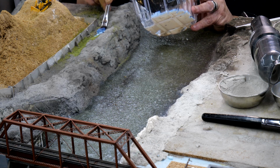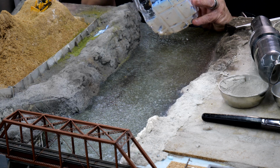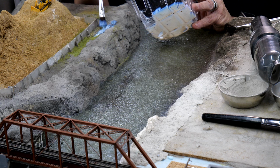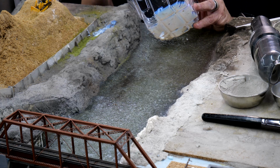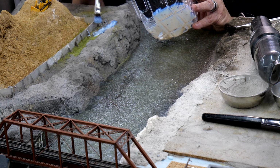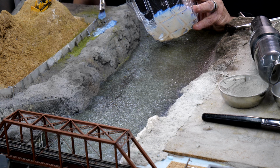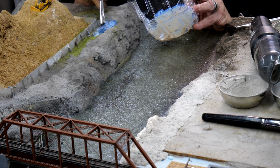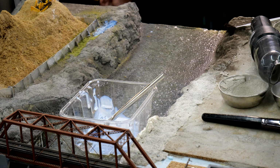Here we go again. And we'll bring it up on top of the rocks here a little bit. And again, just a little small area at a time. I find if you do too big an area, the glue might wick into the base that you're working with, and it won't pick up the grass. So we'll put that down over there. Once again,